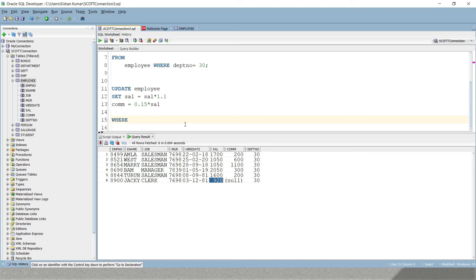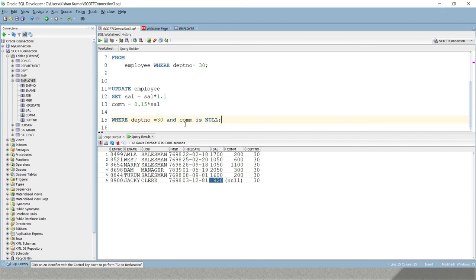So for the where clause we have to give where DEPT number equals to 30, but we don't want to increase salary and commission for all the employees in department 30. I would like to update these two attributes for those employees whose current commission is null or nothing, right? So I'd say commission is null, right?